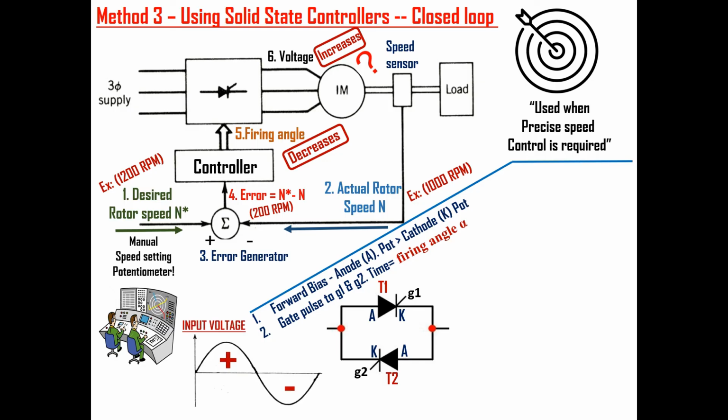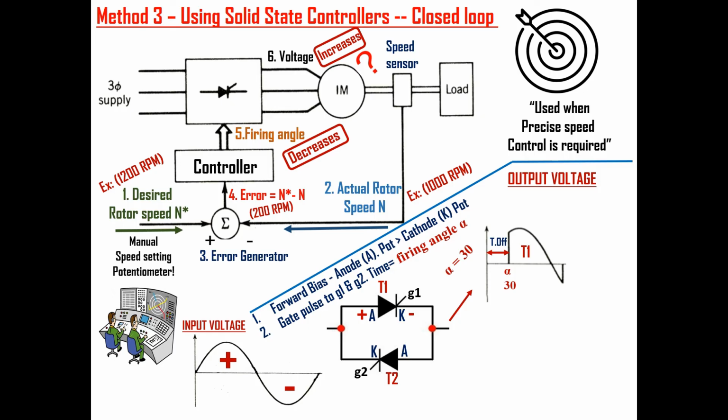So if we consider single phase input AC voltage as shown, then thyristor T1 will be forward biased during the positive half cycle, since anode potential A is greater than cathode potential K for T1, but it will not turn on until I give the gate pulse for G1. For example, if I give the gate pulse at alpha equal to 30 degree, then the output voltage will be equal to the positive cycle of input voltage from that 30 degree. Before that it will be 0 as shown. Note that a small amount of negative voltage is also present here. It usually happens because of high inductance in the motor.